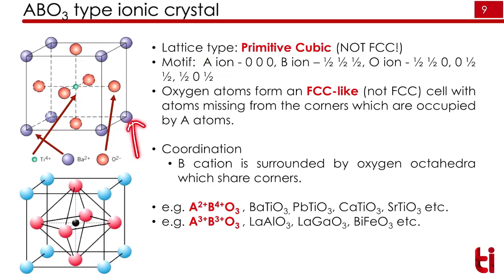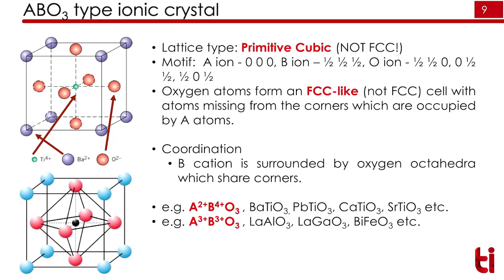This is the A ion, this is the B ion, and oxygen will form an octahedron here. That is shown here: this is the octahedron of oxygen. This is the B ion at the center and the A ion at the corner. This looks like FCC, but this is not FCC, because in FCC all atoms are the same. All atoms are from a single element. Here we have atoms from different elements and they are ions. So this is not FCC. This looks like FCC, right?